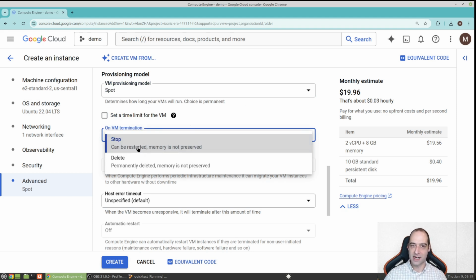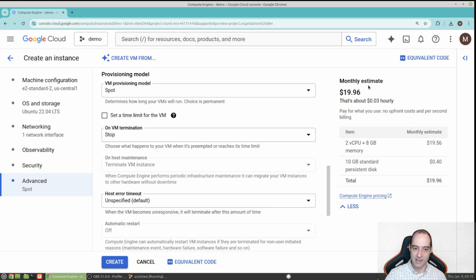So if my VM instance does get preempted, something's struggling for resources, and GCP says, hey, this person has a spot instance, he says it's okay to shut it down, what do I want to do to my VM? There's stop and there's delete. I want to stop it because I don't want to lose all my work. And again, pretty substantial saving for just a little headache if it doesn't run a day, if you have something scheduled like that. Okay, so I'm going to go ahead and hit create,